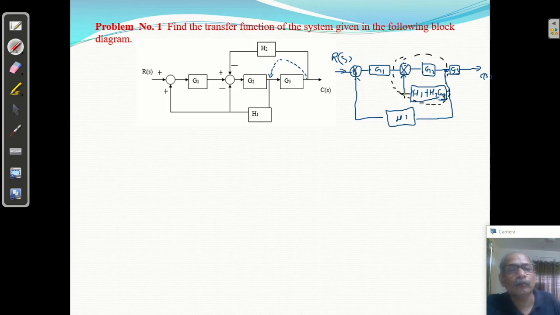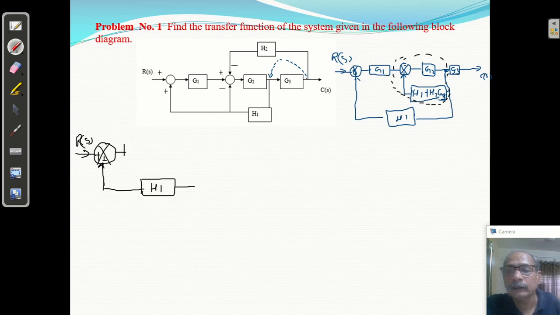Okay. So what will be the value we will see here? This is R of S. Okay, this is the plus, it is also plus, it is H1. We'll discuss that point later on. This is G1, this is G1. Okay, now this is forming a closed loop. So what is the transfer function of this block? Is G2, that is GS upon 1